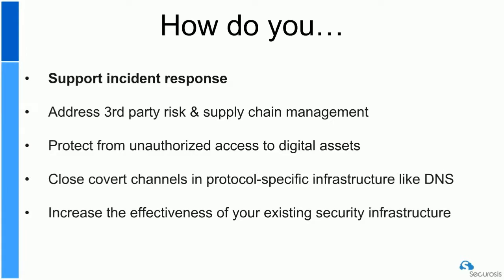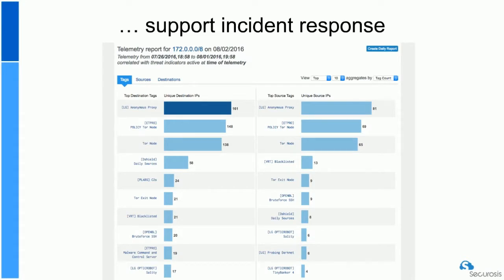So, if you go to the next slide and talk specifically about how our customers use threat intelligence to support incident response, something that's encouraging, and I'm an old packet head. My career started back in the networking space at a small networking company called Cisco Systems. What we're seeing is a lot of people starting to collect NetFlow information, just because of the tremendous amount of visibility and insight that it gives into their organization, and what devices are talking to what devices, either from an east-west or from a north-south perspective. And one of the ways that we can really sharpen the use of NetFlow in the incident response process